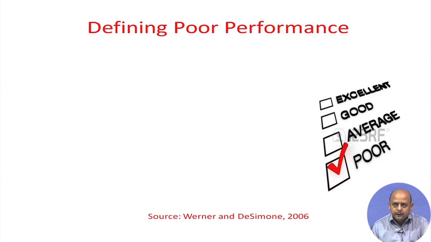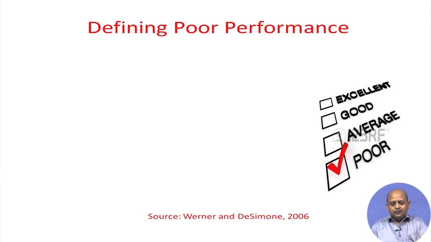Now, when it comes to achieving poor performance, what do you mean by poor, right? Say for example, if you look at grade as an indicator of performance. If you get A grade, it could be called an excellent grade. If you get B grade, it could be called good grade. If you get C grade, it is called average grade. If you get D grade, then it is a poor grade, and if you get, you become fail,